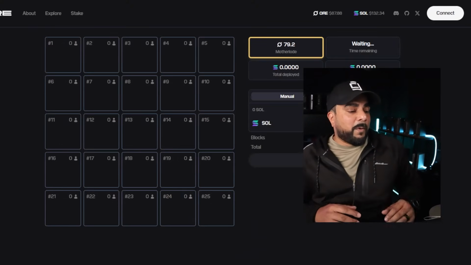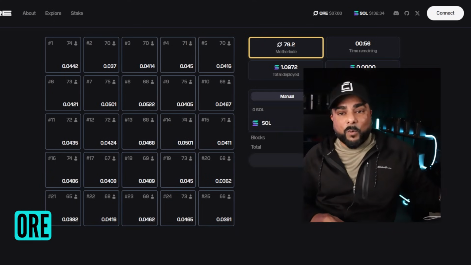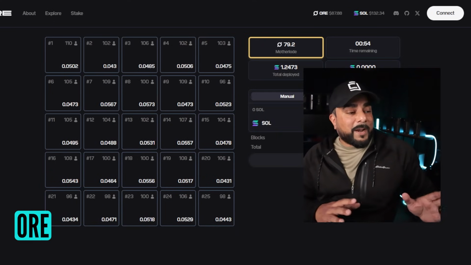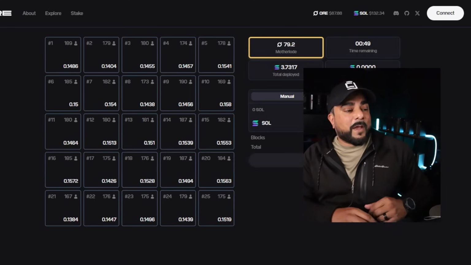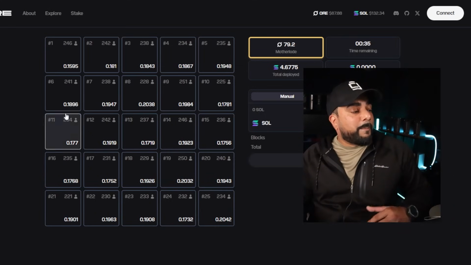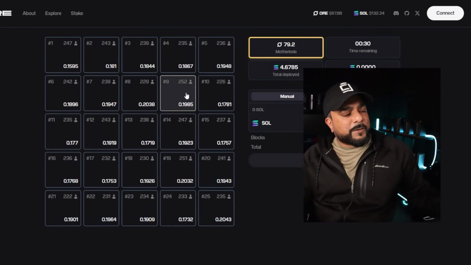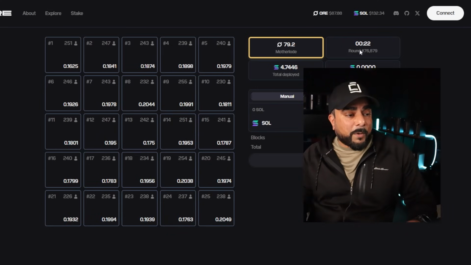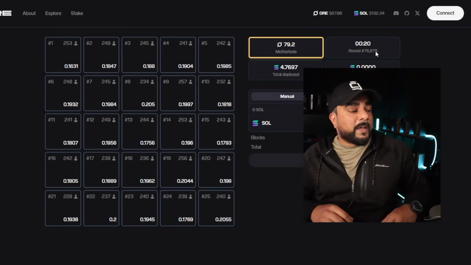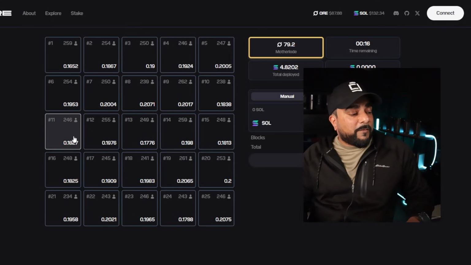And while I'm talking about highly addictive apps that are somewhat gambling, you can take a look at Ore. This one can get out of control very quickly. I recommend being very careful about how much Solana you actually put into this. Basically, you have a 5x5 grid over here, and you're going to be selecting a bunch of different spots on there, and you're going to be able to put down how much SOL in each spot. And what happens is after the timer goes off, you see that there's 23 seconds left. It'll count down, and one will be randomly selected. So if you have one of these